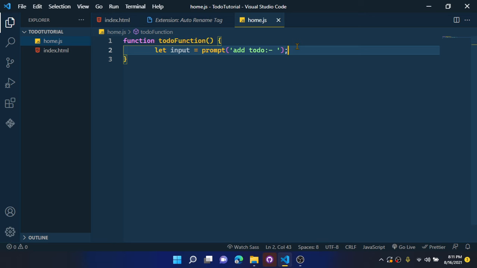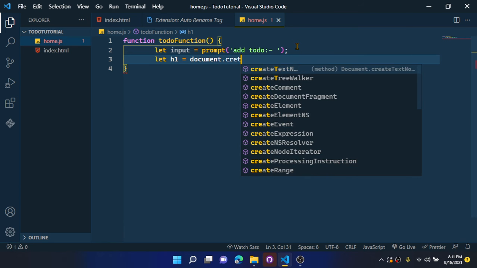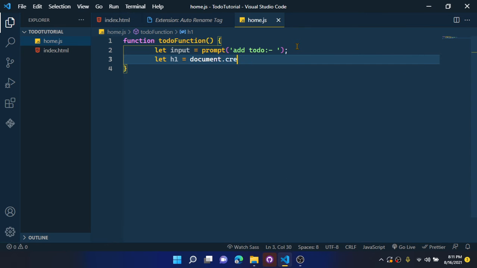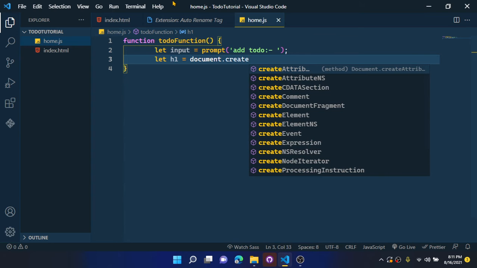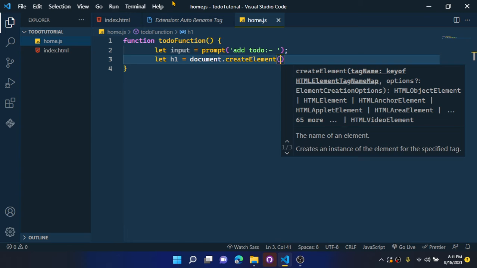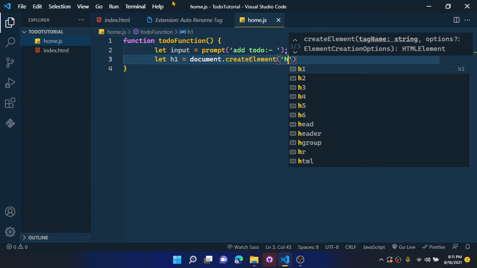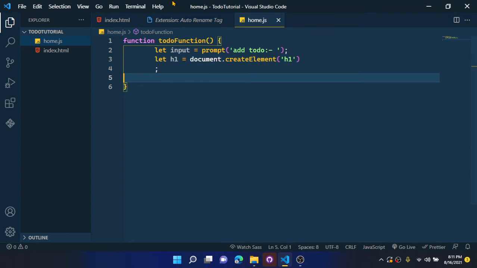Here we go, and now I'm going to say let h1, and that should be a document.createElement, and let's set this to just h1. Here we go. Okay, so here we go, and now let's say